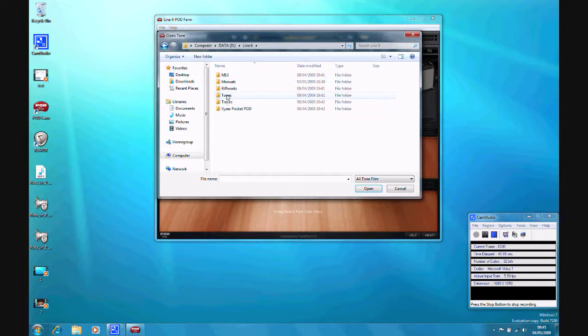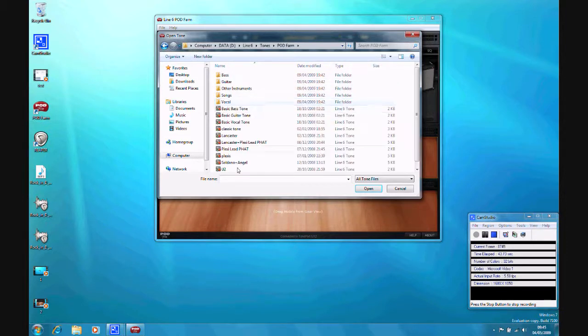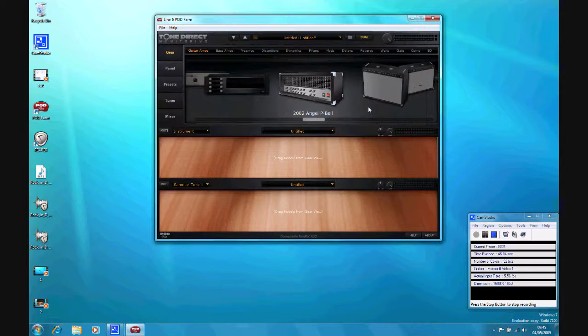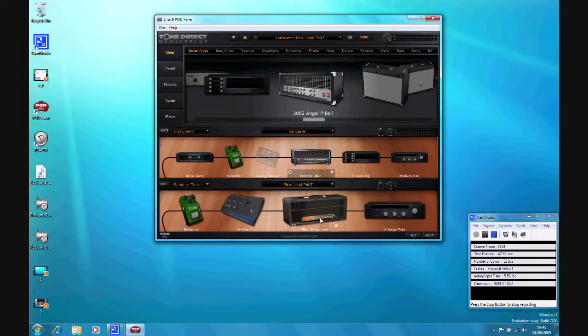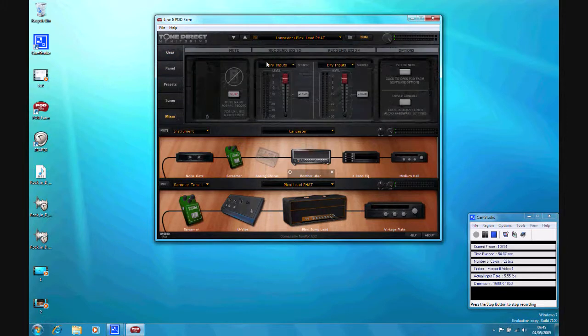Don't worry too much about where I'm going on my PC to open it. It's in a different folder than the default. So now we've done that, we can have a look at the mixer tab over on the left hand side, and you can see there's two record sends, the 1 and 2, because it's a stereo send, or it can be. And at the moment 1 and 2 is the dry input, so that's basically the sound of your guitar just there at the beginning of the signal chain